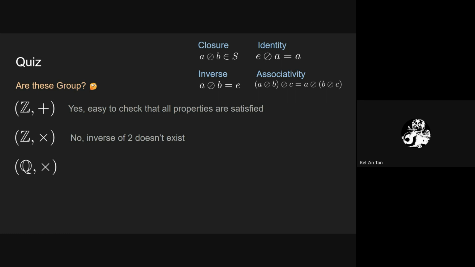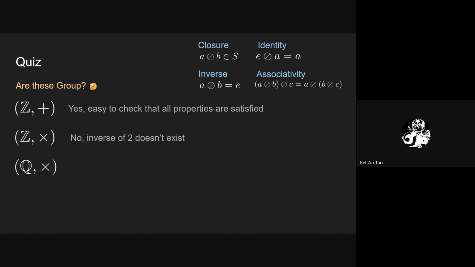Okay, give 10 seconds. So there are 8 against and 8 supporting. Okay, now it's 9-9. Okay, very interesting. So half of y'all say that it is a group, half of y'all say that it's